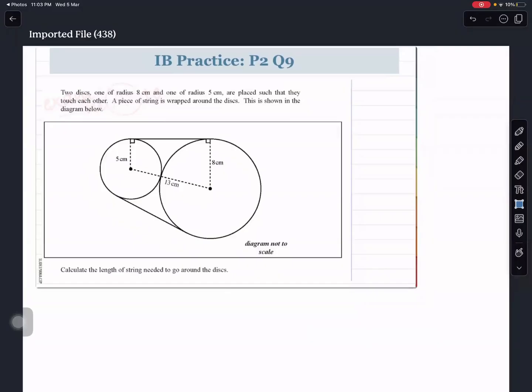Here is the question. The two discs, one of radius 8 centimeter and one of radius 5 centimeter, are placed in such a way that they touch each other. A piece of string is